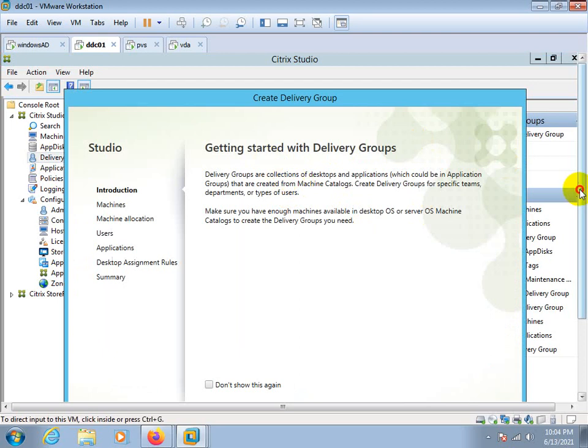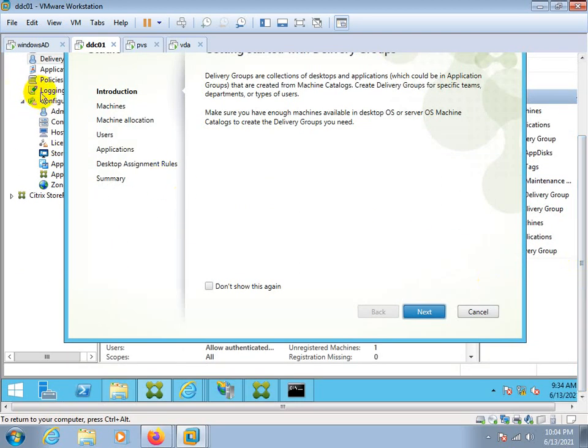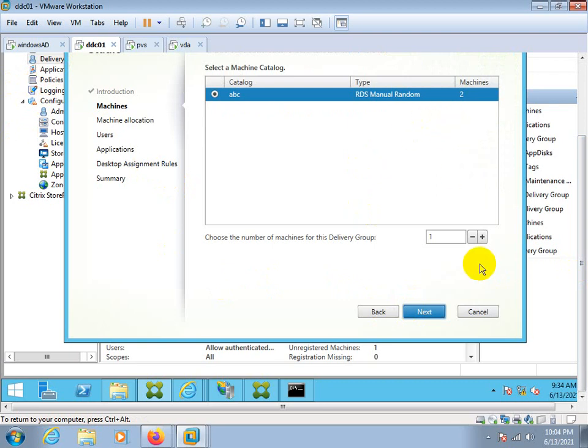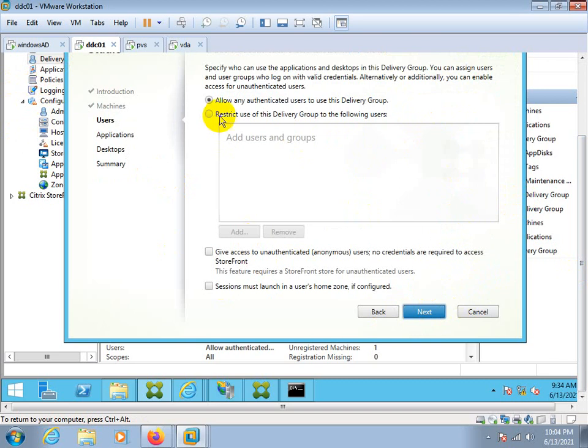Okay. So one server is already used in the delivery group. Now we have two servers that are showing here. So RDS manual randomly is selecting. I'm just checking two. Next, allow any authenticated user in the delivery group, or you can change it. You can add users from here also. Next,